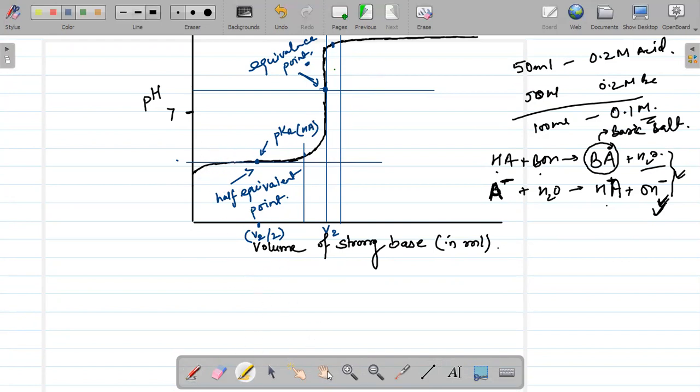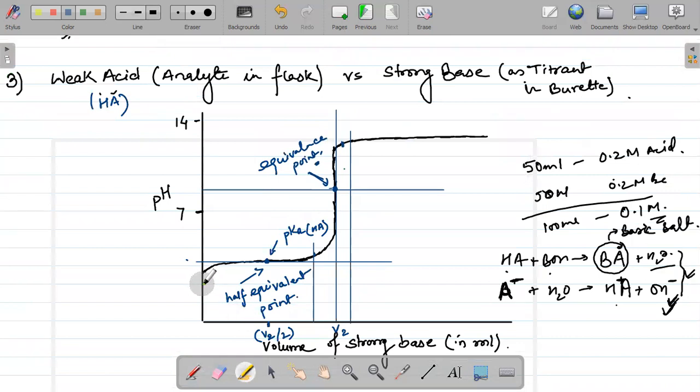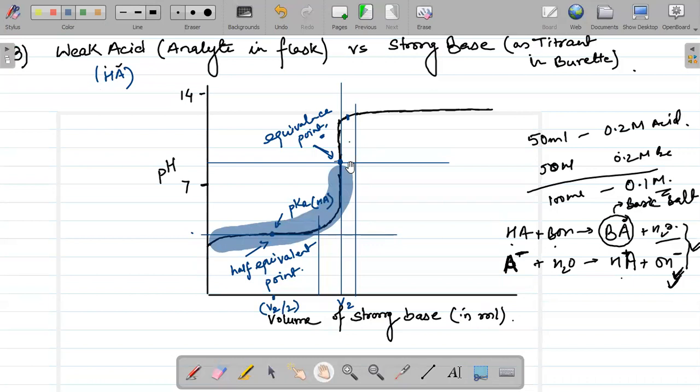Yani weak acid strong base titration या strong acid weak base titration, दोनों ही केस में starting from here till here, which equation are we going to use to find the pH? It is the equation of buffer which is going to help us in order to find the pH of the solution. Why? क्योंकि इस कंडीशन में यहाँ से लेकर के यहाँ तक के बीच में at any moment